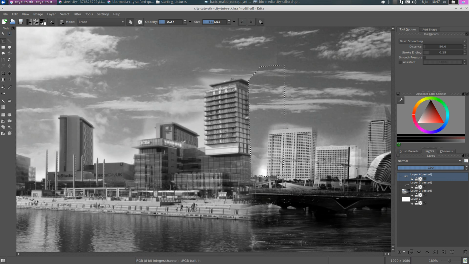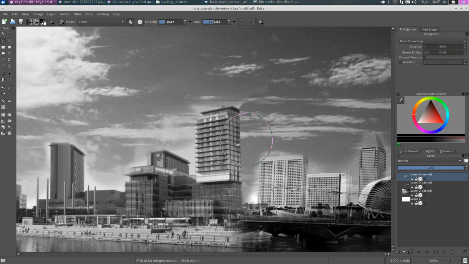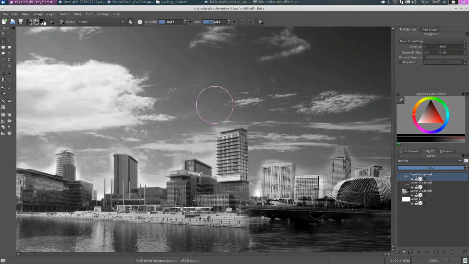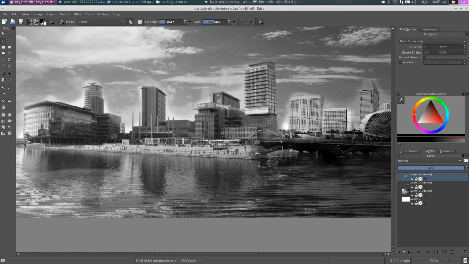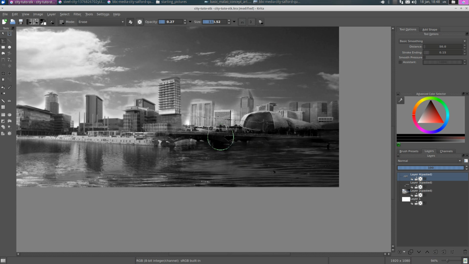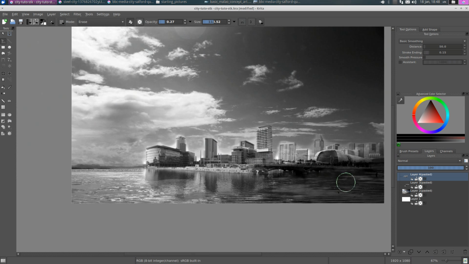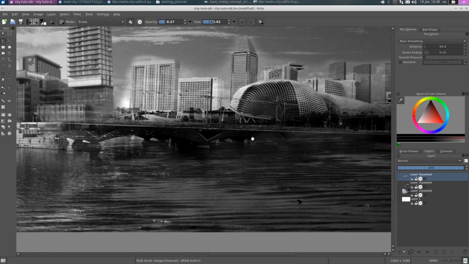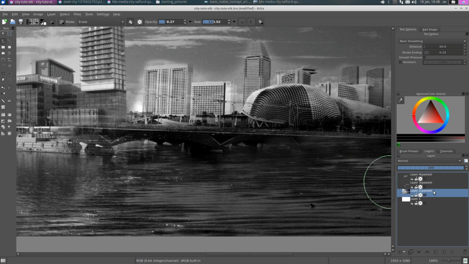Control Shift A to remove all selection, and we can still use the eraser to make the integration a bit better, which is nice, I think. Yeah, it's a bit nicer. You see, the important part really is to make it look like a picture, and not a bunch of pictures that are glued together. For instance, this is a bit too dark, so we can go here, disable the eraser,